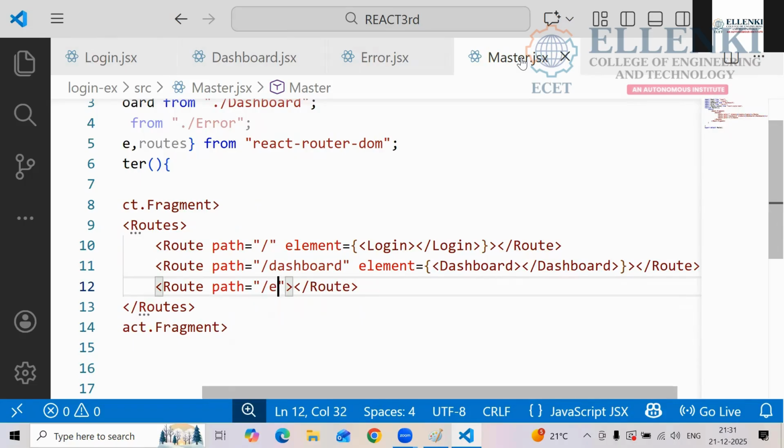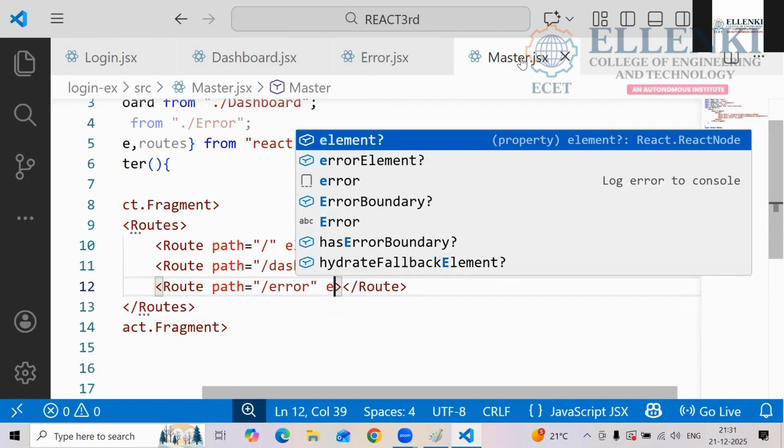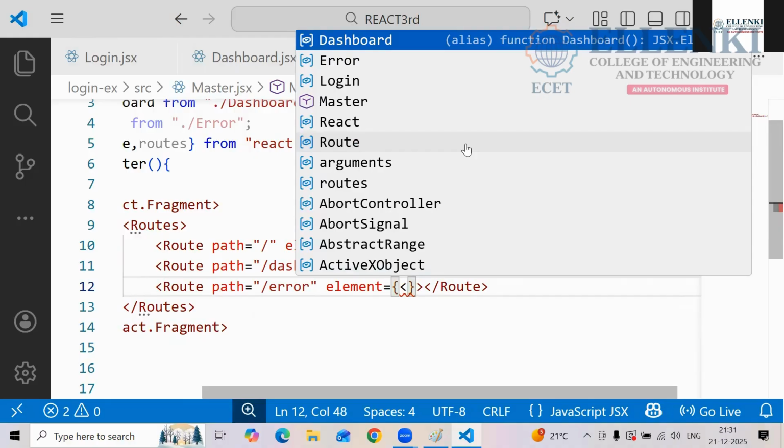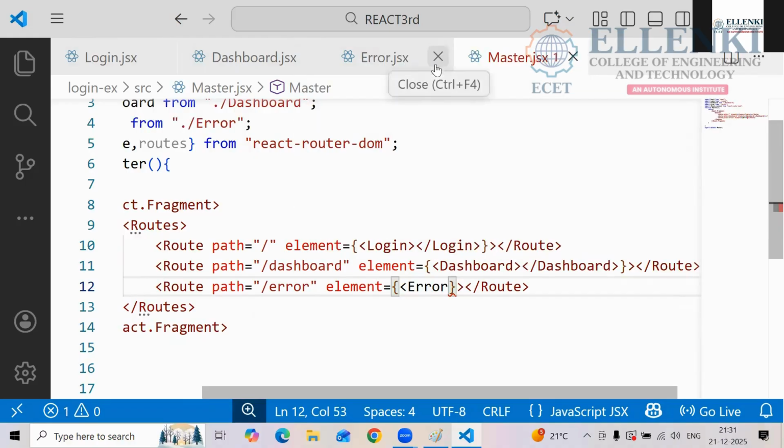Here what do I have to write? Error. Later, which attribute are we having here? Element attribute we are having here. In this element, what do we have to use here? Curly braces. In these curly braces,